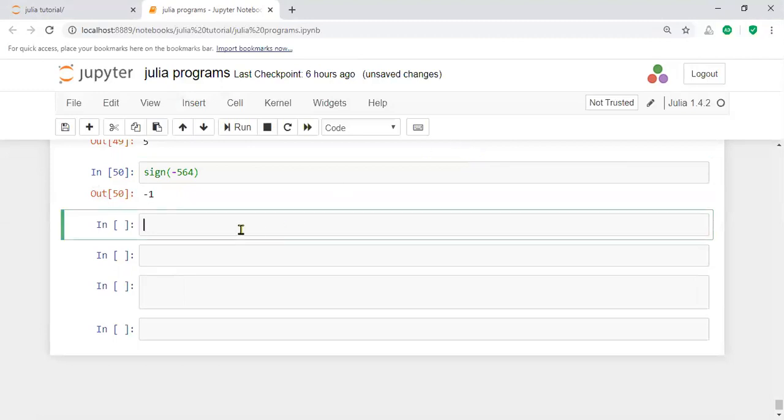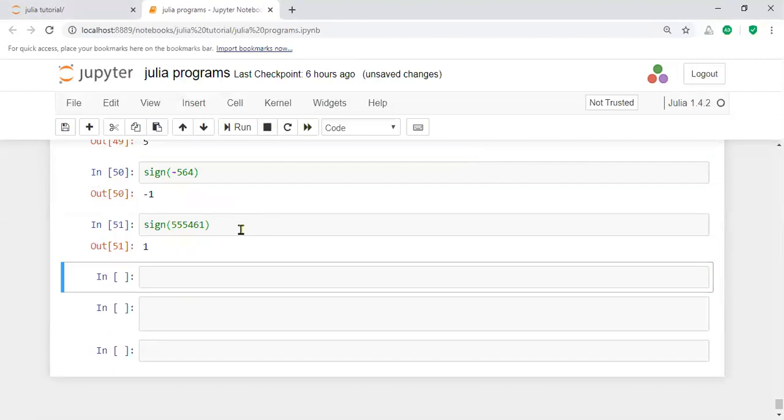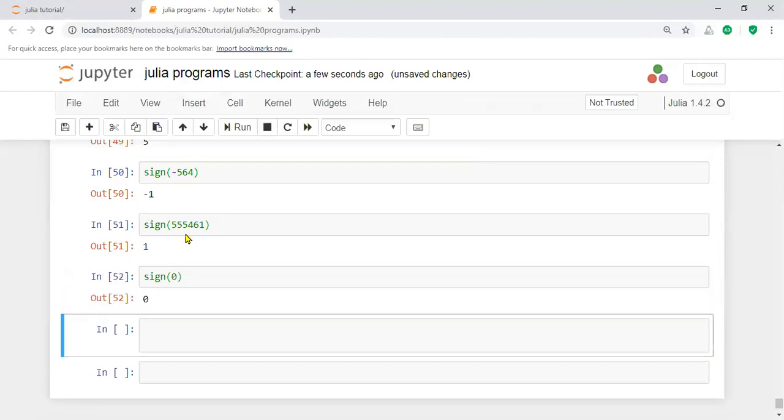For example, the sign of 0: what is the result in this case? 0. That means the sign function always produces the value 0, minus 1, or 1. That is the sign function.